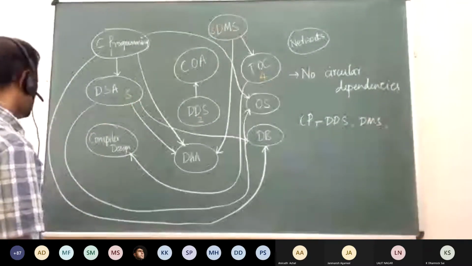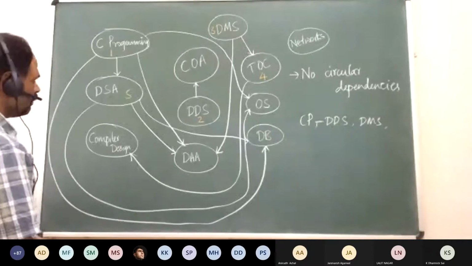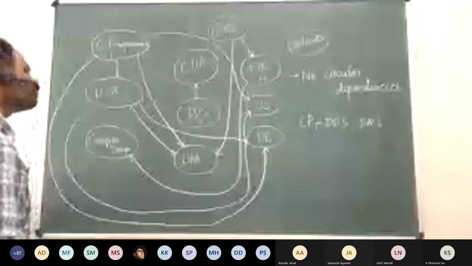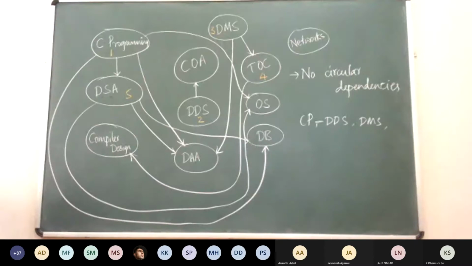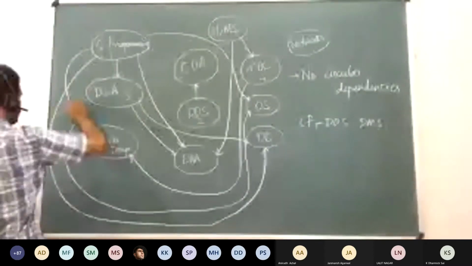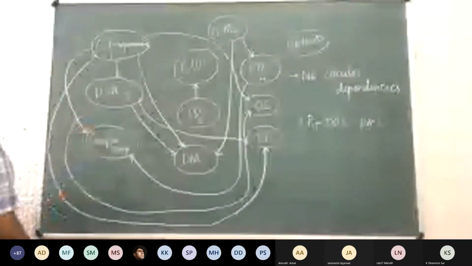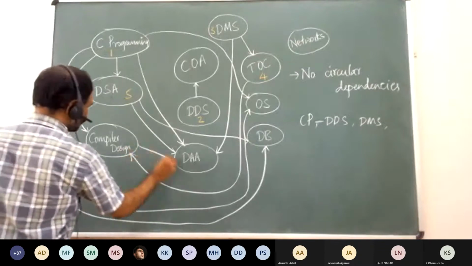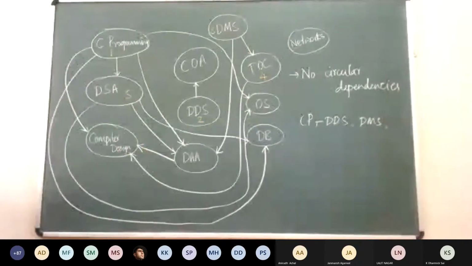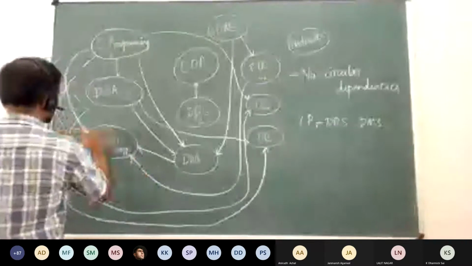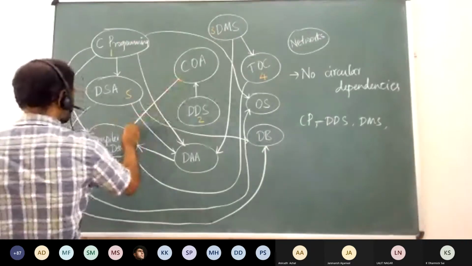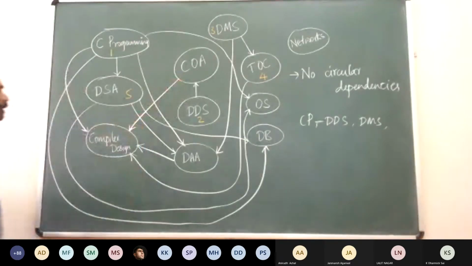Then compiler design, does it have any other prerequisite? Do you need to know algorithms, a bit of programming? Anyway, definitely C programming. It is better to know C programming. Also, it would be better to know some bit of algorithms, right? How do you sort of do it, and once you are doing machine-level coding and all, it's also better to know architecture. It is very much required, right?